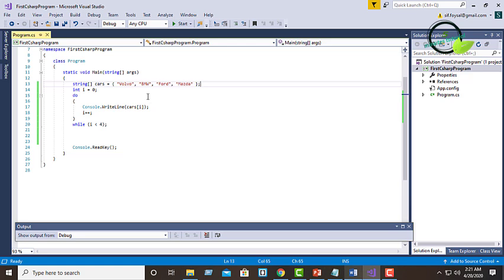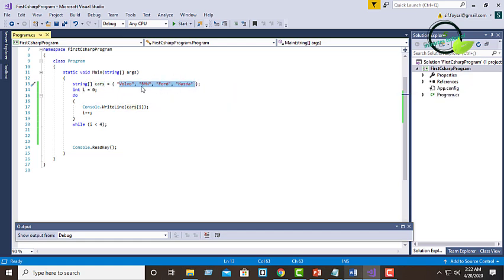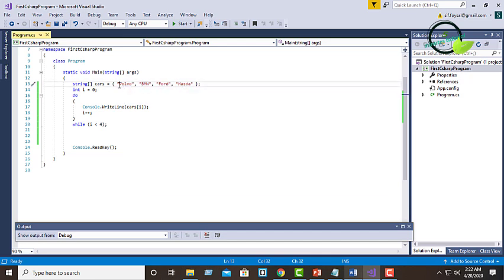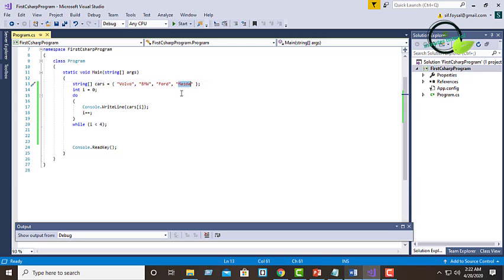Here cars is a string type of array, and here we have assigned 4 car values into the cars variable. The first value is cars[0], the second value is cars[1], the third value is cars[2], the fourth value position is cars[3].